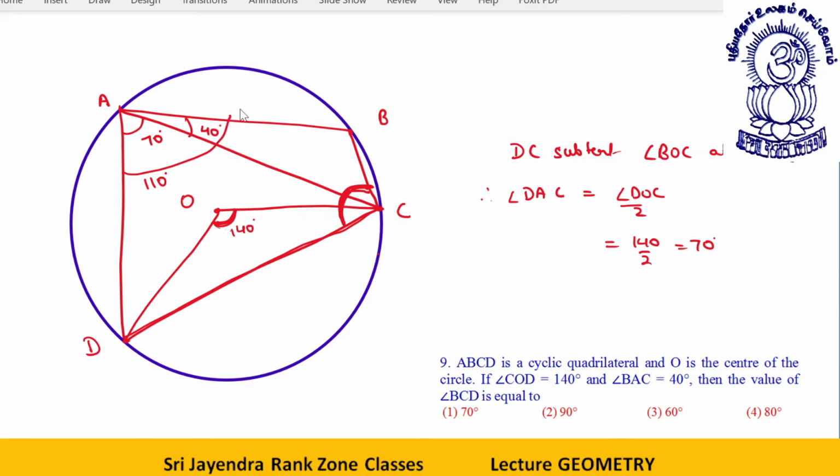Now if this total is 110, this is one angle of a cyclic quadrilateral. So this angle will be how much? This angle will be 180 degrees minus 110 degrees. Why 110? Because this is 110. So these two will sum up to give you 180. So 180 minus 110 will give you 70 degrees. Angle BCD is equal to 70 degrees. I hope all this is clear to everyone.